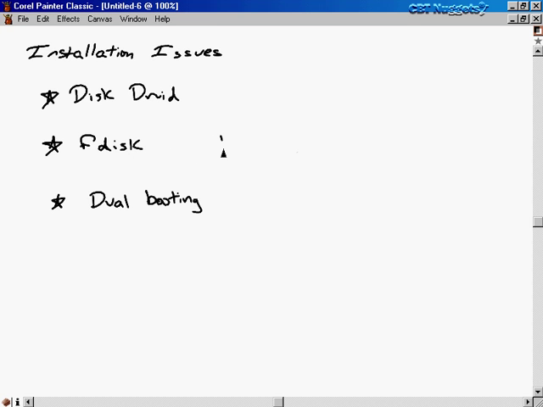One thing that I didn't note before is that this is not the same as the program fdisk.exe that's available in DOS. So if you're used to this program in DOS, the interface is different, the underlying program is different, so just be aware that this is not the exact same fdisk. And then we wrapped up this nugget by talking about dual booting our computer and how to set up our computers so that we could boot